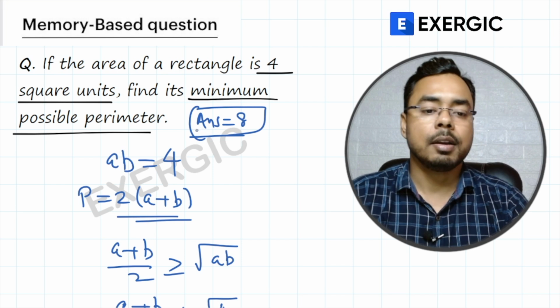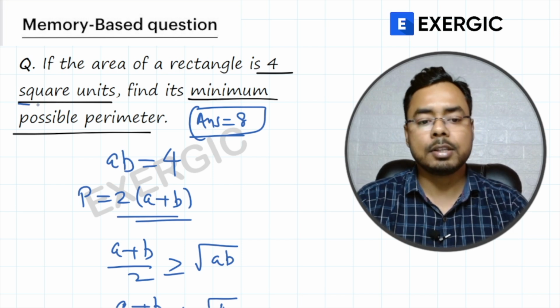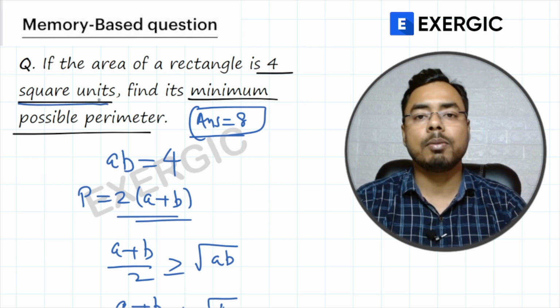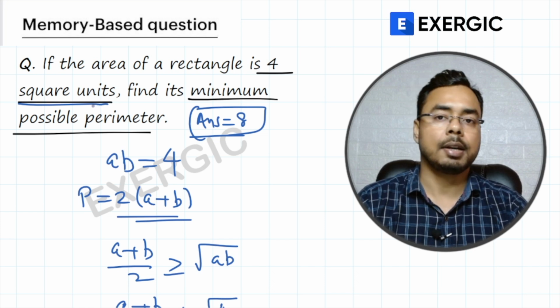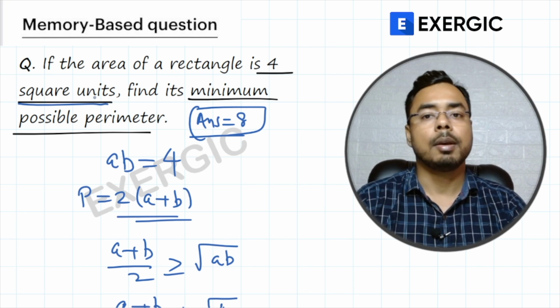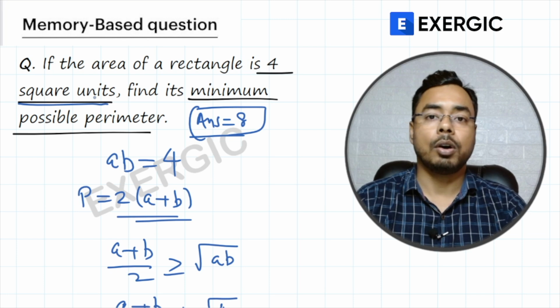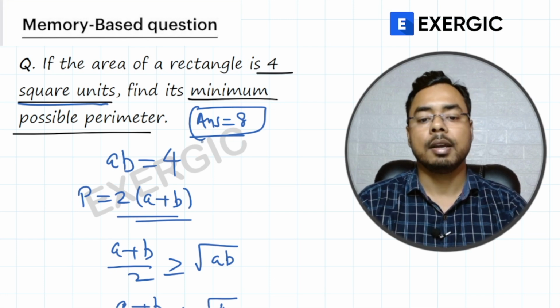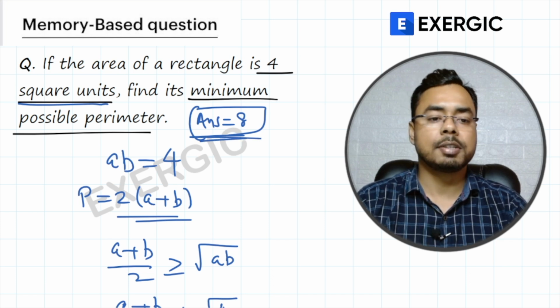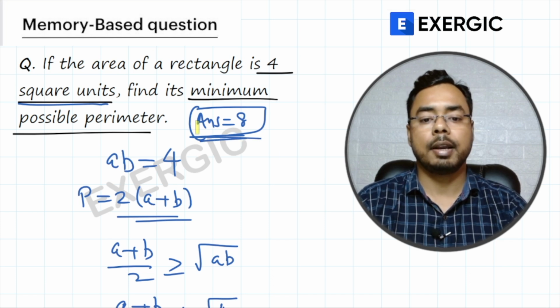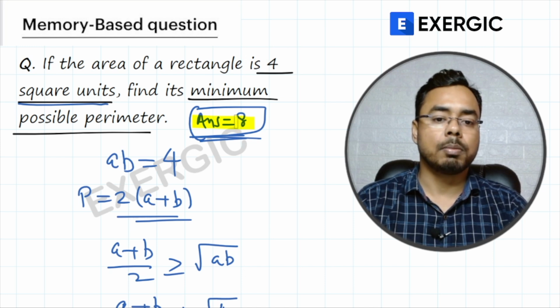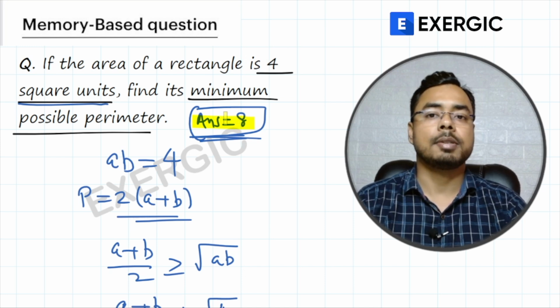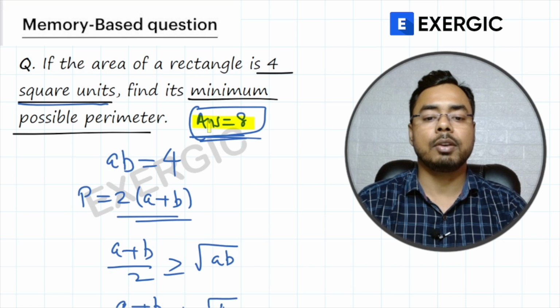Also, remember that when area is constant, then the perimeter will be minimum when it is a square, right? When the rectangle reduces to a square, then only its perimeter will be minimum. Or for a given perimeter, the area will be maximum when it is a square, right? So, if you know that concept, then the problem is very simple and the correct answer will be 8. So we have discussed all the 9 problems, and if you see these questions, then you will realize that